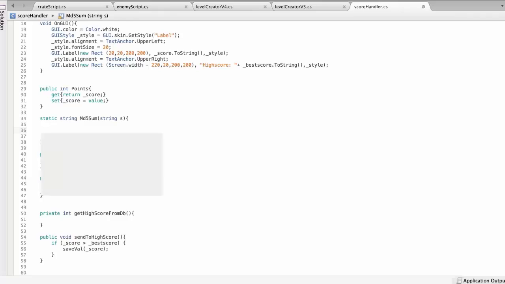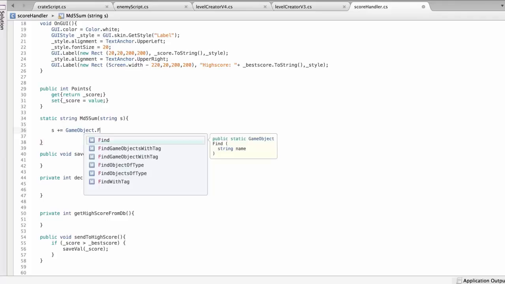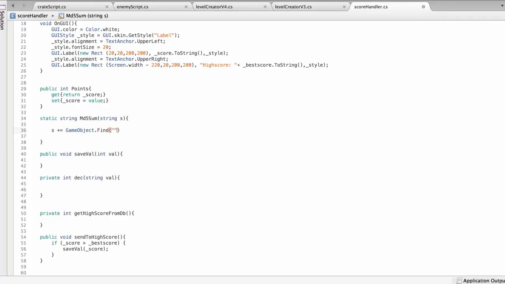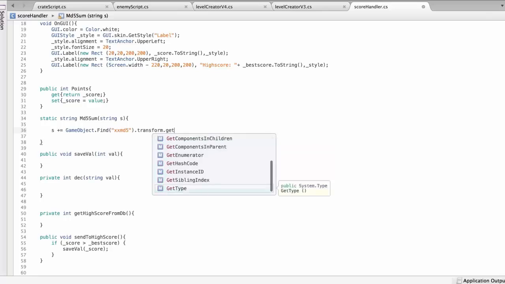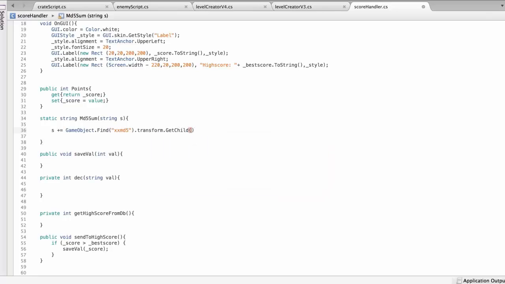So I'm just going to add by doing s plus equals GameObject, and we're going to find the XX MD5 object, and from that we're going to collect the name of the first child, since there's only one child within that object. So I'm going to do transform dot GetChild 0 there, name,